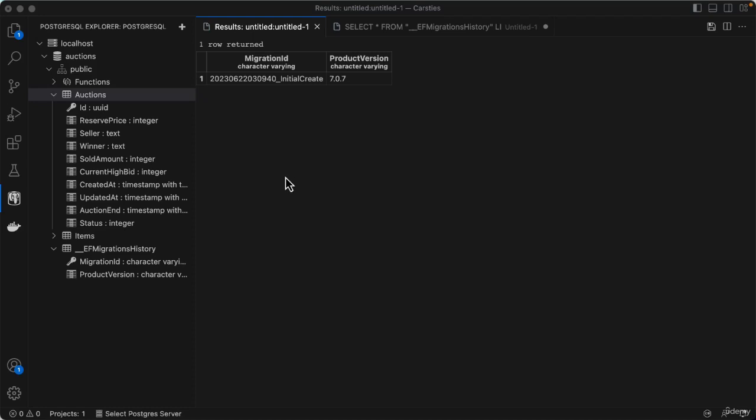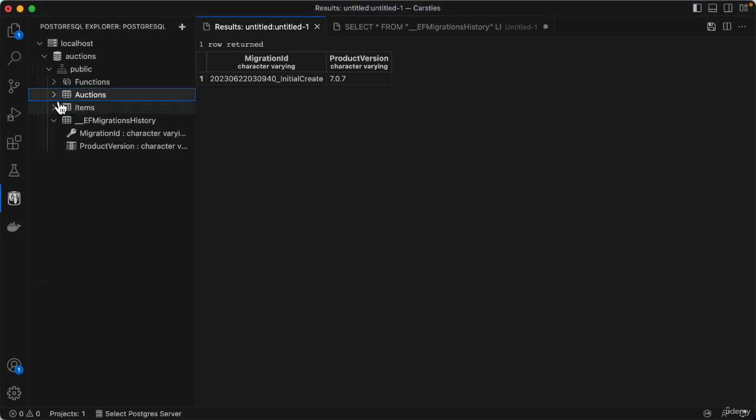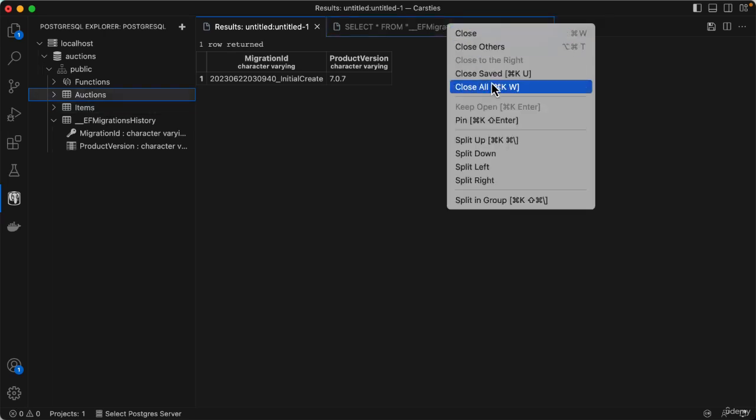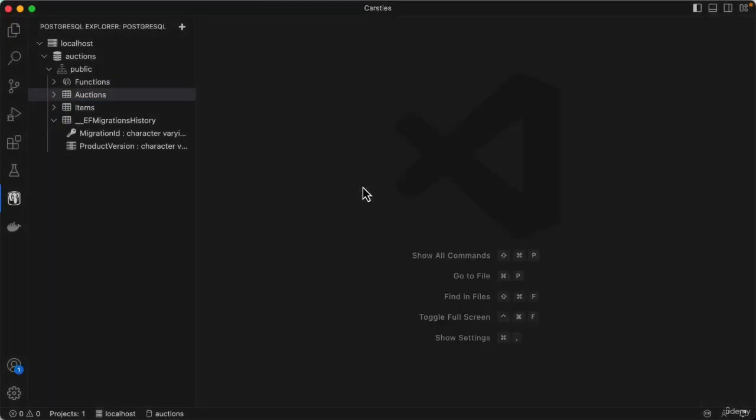Okay, now that we have the database up and running, or the database server up and running, let's go and create some seed data so that we have something to work with and we'll populate these tables. So let's go ahead, and I don't need to save any of those queries, but let's go ahead to Solution